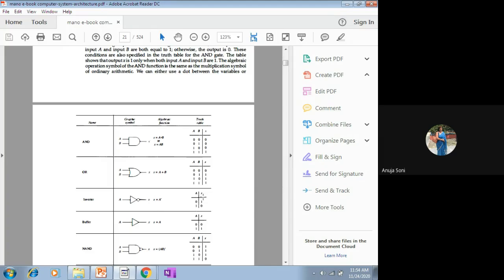And if we talk about the truth table, how many min terms will there be? It will be 2 raised to the power 1, where 1 is the number of variables. The variable count is 1, so 2 raised to the power 1 is equal to 2. So there are 2 min terms.